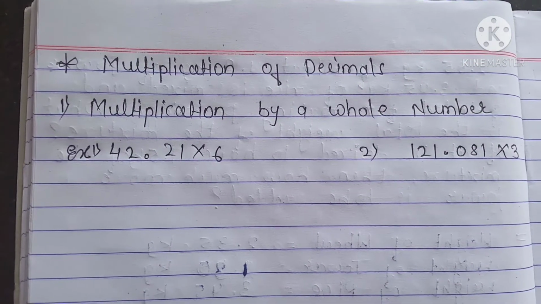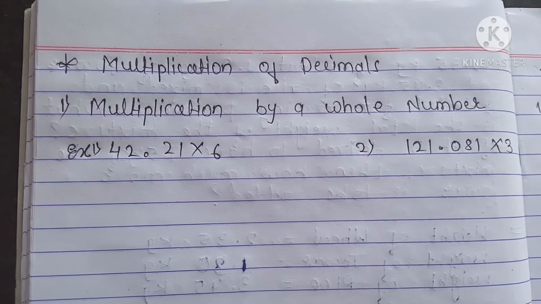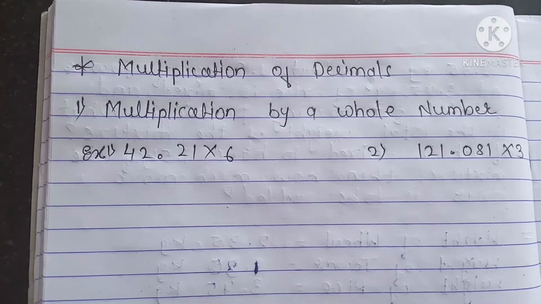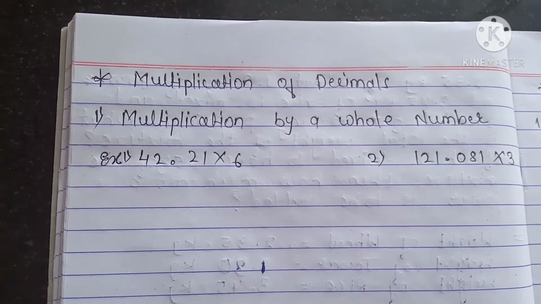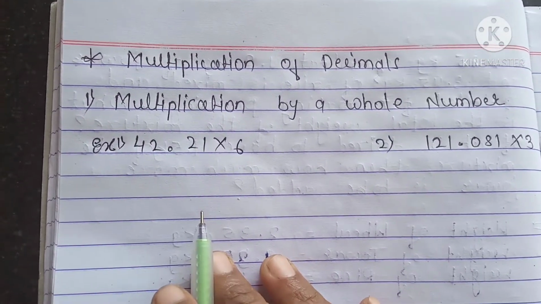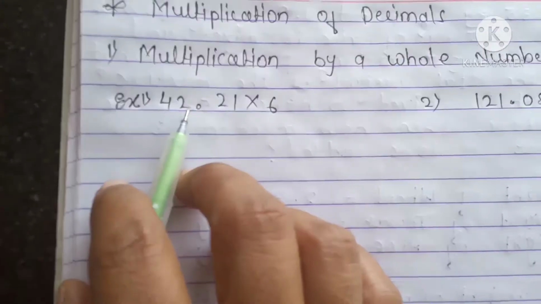It's learning time. So children, today in this video I am going to explain you a new point from the lesson number 5, decimals, that is multiplication of decimals. In that, first will come the multiplication by a whole number. So let us take one example here. I have taken one example, that is